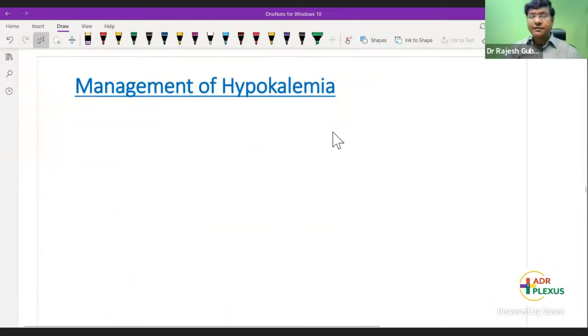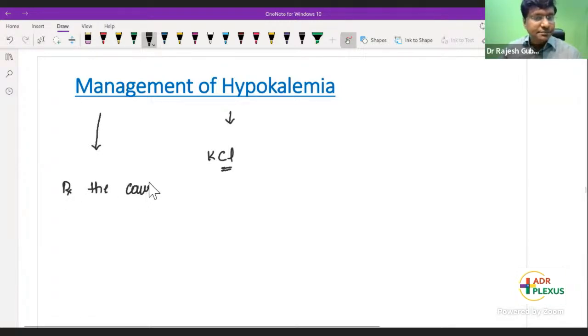Right, management of hypokalemia. Very simple. What you have to do is supplementation of potassium chloride, right? And how much do you have to supplement? First of all, in the management of hypokalemia, you also need to treat the cause of that particular hypokalemia as well. Okay, and let me discuss